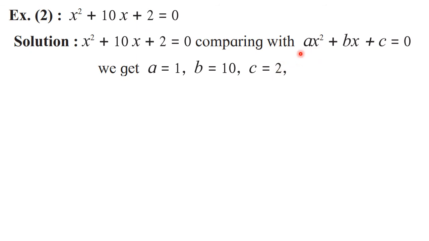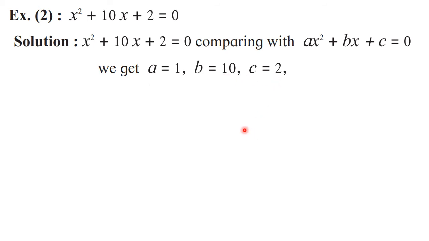Now while writing this standard form, every time you are going to write ax square plus bx plus c is equal to 0 only. You don't have to change it by seeing the variable here. The standard form is standard form. There x only should appear. So don't change it according to the question. Compare with the same thing every time. Okay. Now after getting the values of a, b and c, recall the formula.